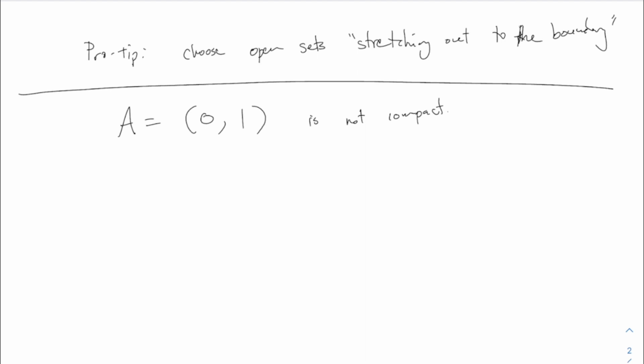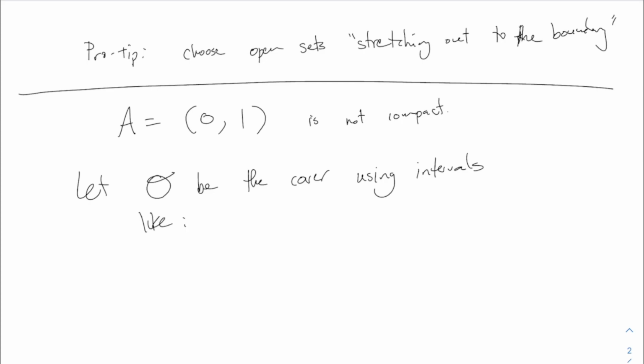And I want to do a similar kind of thing. So what does it take to demonstrate this? You have to tell me an open cover, which I'm going to just use intervals in this case. You have to tell me an open cover which has no finite subcover. So I'm going to say let O be the cover using intervals like